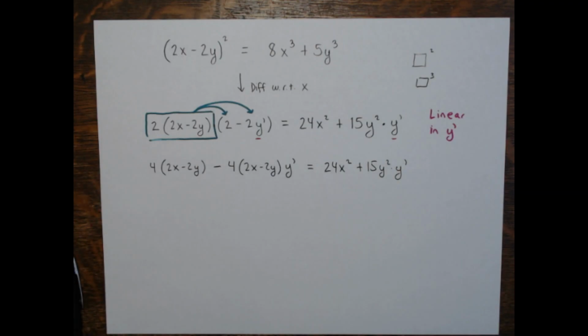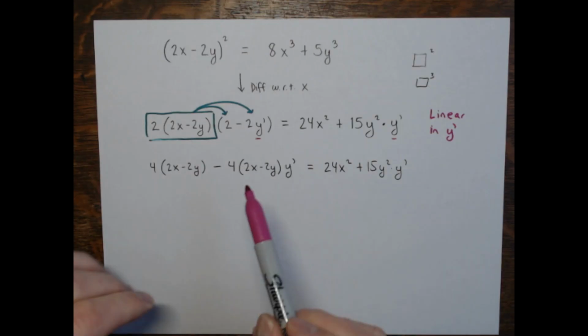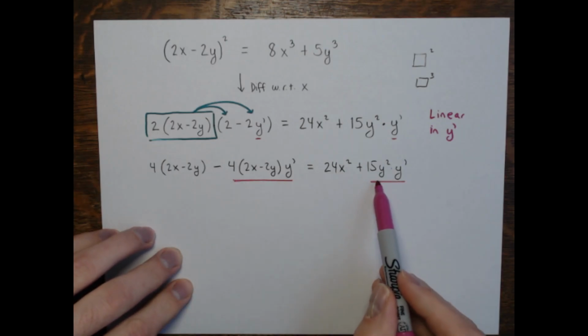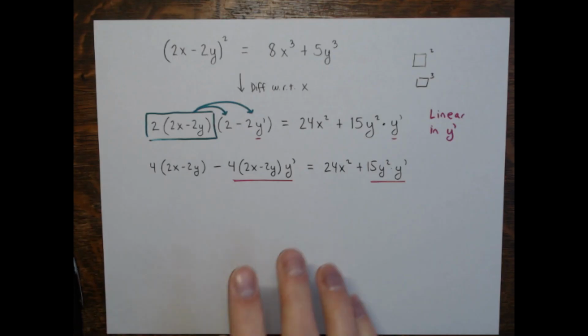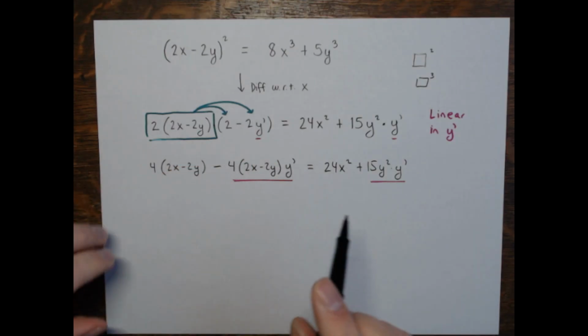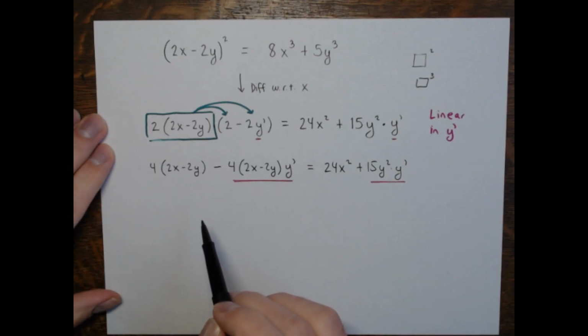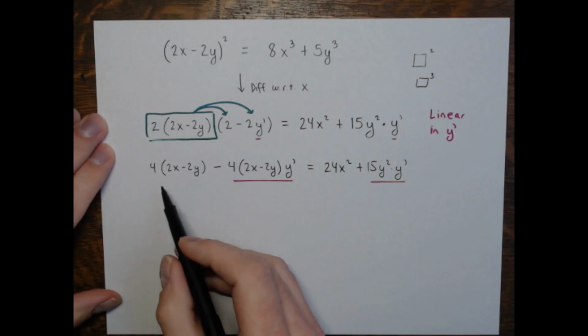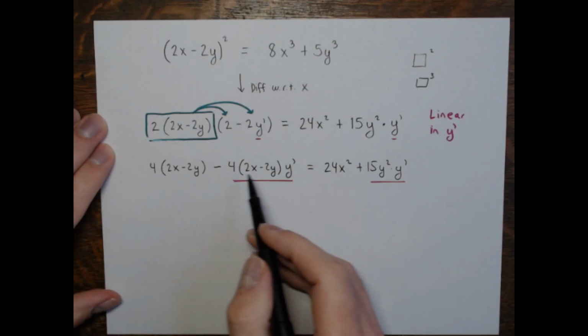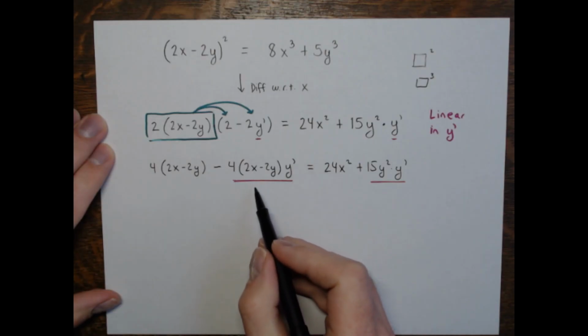So now I have a couple terms. Again, a couple terms with y prime. There's this product here, this term with y prime on the left, and this term here with y prime on the right. So remember, when you're solving a linear equation for something, right here we're solving for y prime, get all the terms with that on one side and all the terms without that on the other. So I'll take all the terms with y prime to the right and move the left ones without y prime